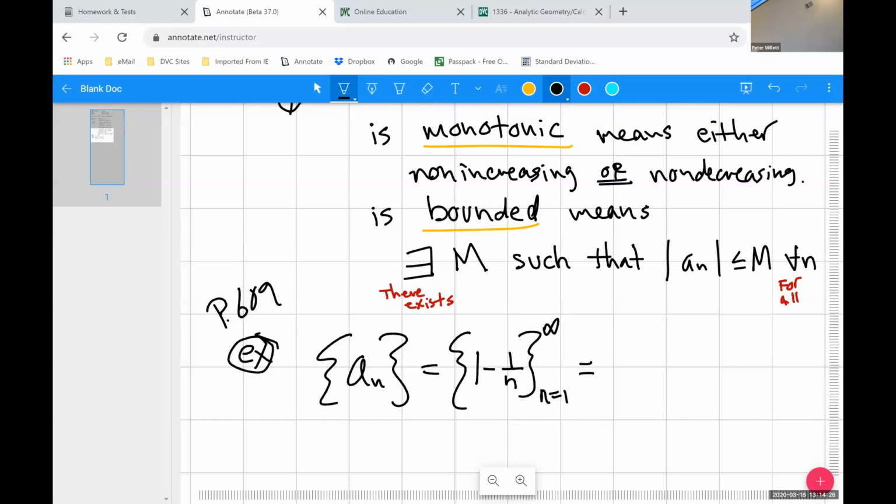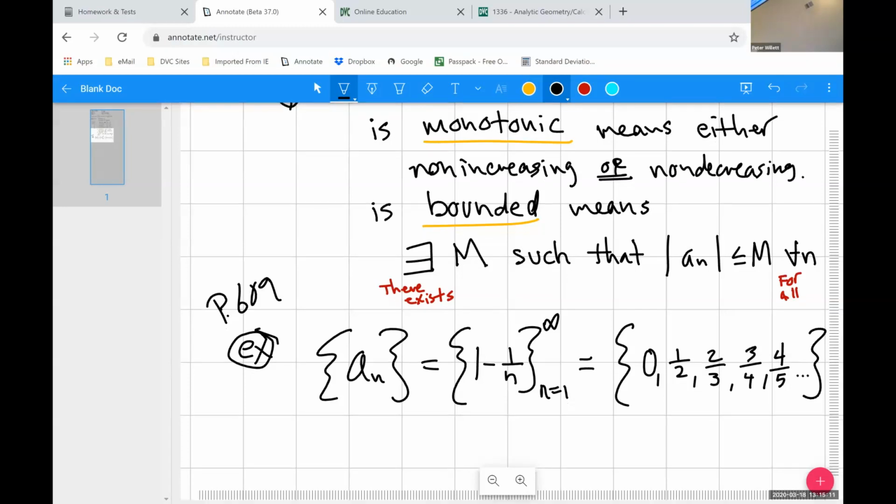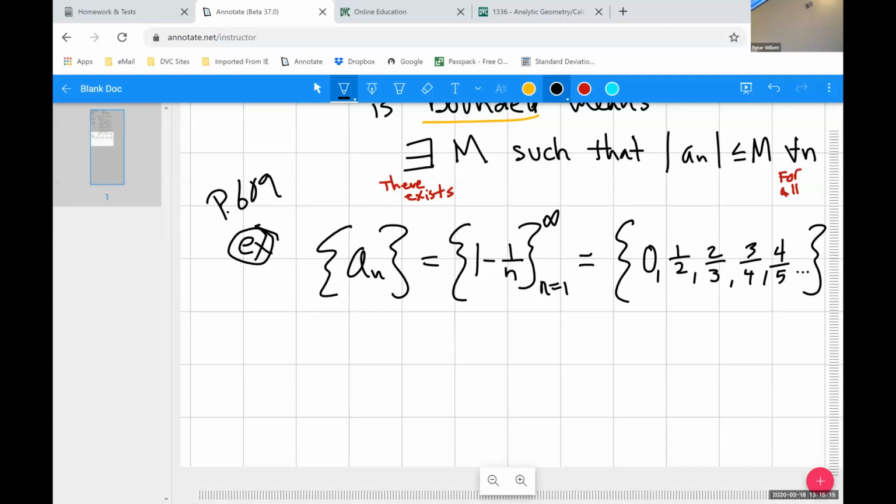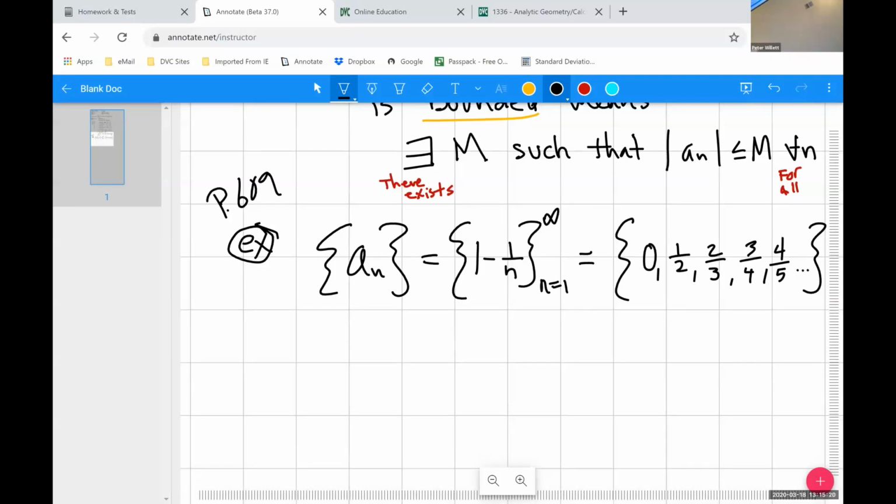If we try to envision this a little bit, we could write out some of the first terms. If n is 1, I get 1 minus 1, which is 0. If n is 2, I get 1 minus 1/2, which is 1/2. If n is 3, I get 1 minus 1/3, which would be 2/3. If n is 4, I get 3/4. If n is 5, I get 4/5, et cetera. Okay, so take a look at that and let's have you think for a second, which of those 6 vocabulary